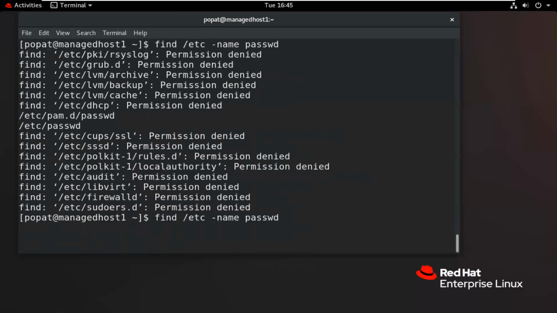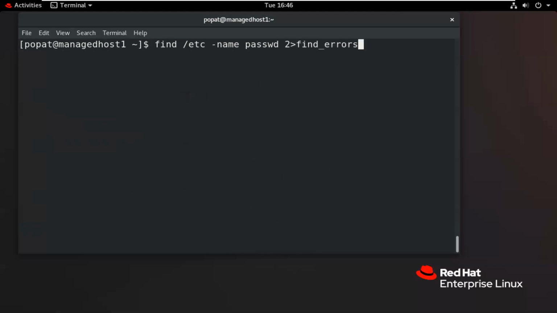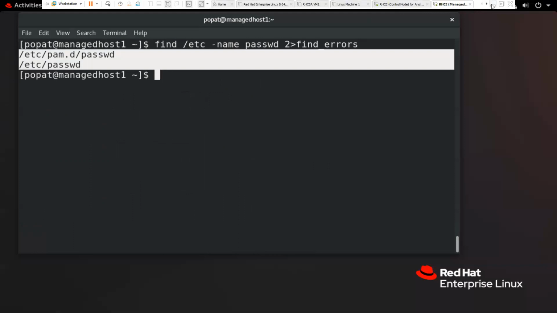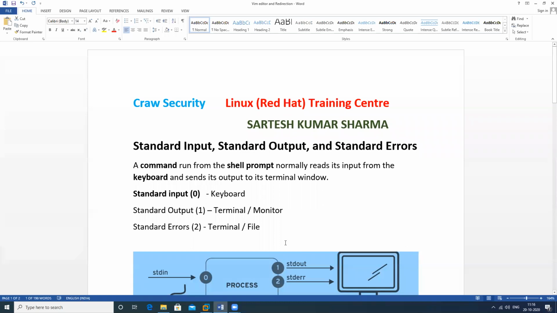So I will use 2 and this redirection sign, and find_error; you can give any name here. Now you can check. Now this will show me the output only, not the errors. So this is the concept.